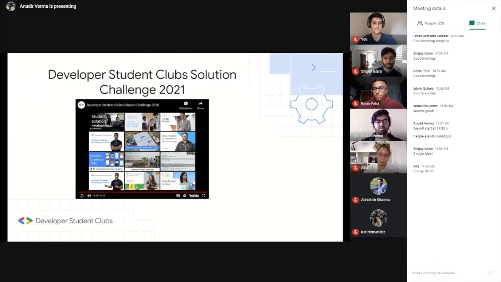This might be a little more ambitious because every year there are 10 teams that win the challenge from all around the world. So it would be very challenging for us as well to put CSULB on the global map. So yeah, that's about that. We will share more details about the challenge and how you can contribute your part. Moving ahead,